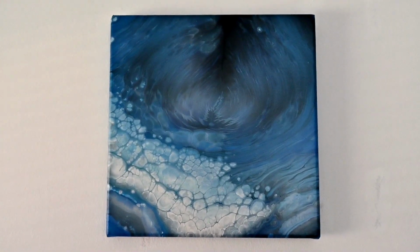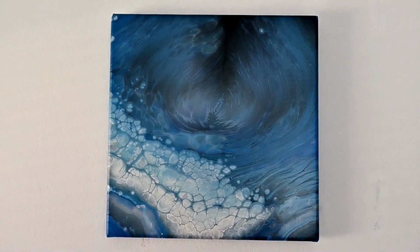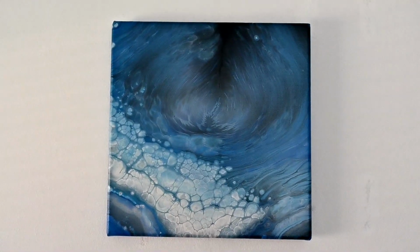And sometimes when I have paints left over, I just want to throw them into the cup and do a straight pour. So this was it